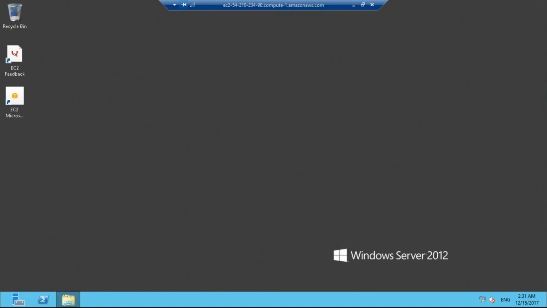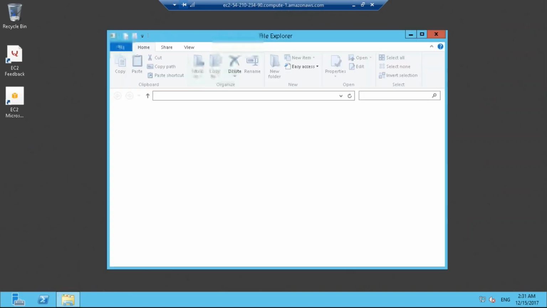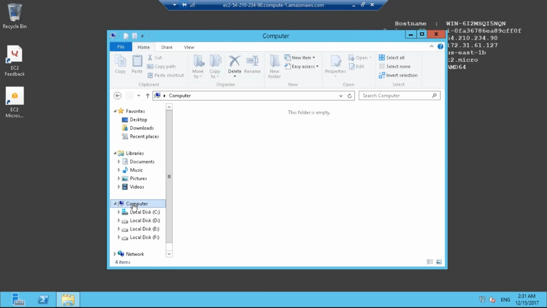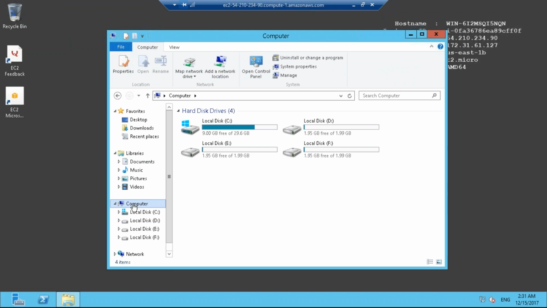So I'll quickly go down to File Explorer. There we see we now have the 4 disks C, D, E, and F. The first, C drive, is the place where all the configuration of the operating system exists, and it is of size 30 gigs. And again, I have the D, E, and F drives, which are of size 2 GB. So in this case, I'm going to combine the 3 drives D, E, and F into one of them. I'm going to open up the disk management from this Windows button here.